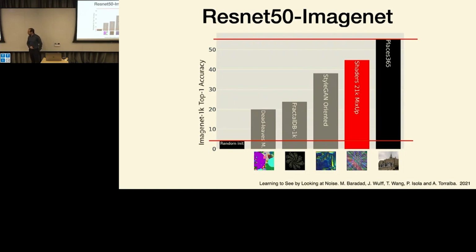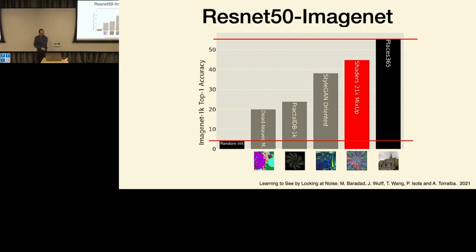Yes. Have you looked at Retinex-like images like Mondrian and Perlin noise and just combined them and trained? Yeah, we've tried all of these things. Mondrian will be a little bit like dead leaves, not exactly, and then you can replace the colors with samples from textures. That does a little bit better. It gets a little bit more complicated, but yeah, it improves performance a little, and we have some of those combinations in the paper.